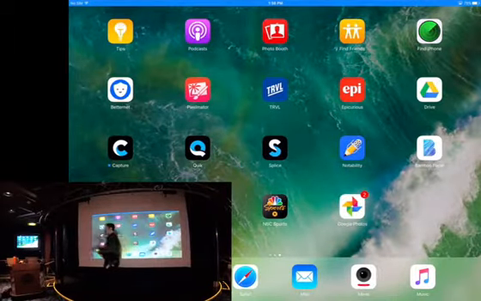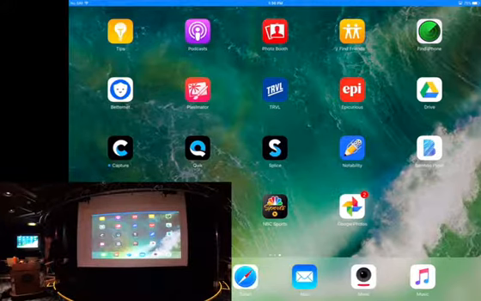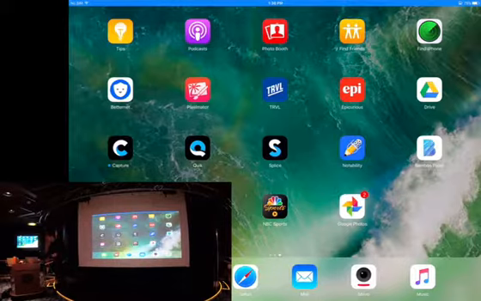Now here's another app. I want to show you two apps that I just happen to have on my iPad and on my iPhone. They work on iPads and iPhones as well. One is called Epicurious. Have you ever heard of the app Epicurious? How many of you have recipe books at home, cookbooks at home? This is a digital cookbook.